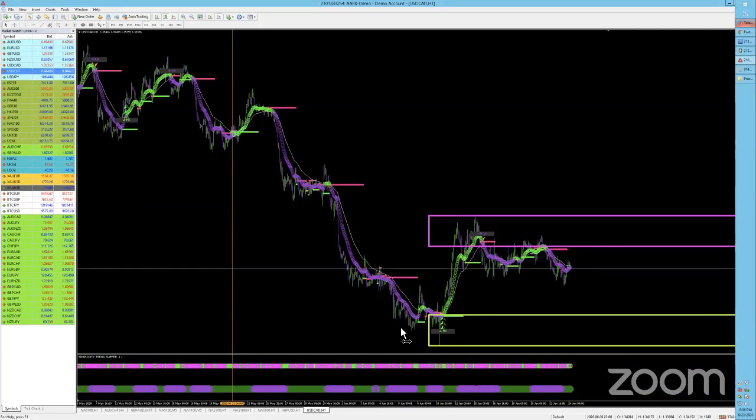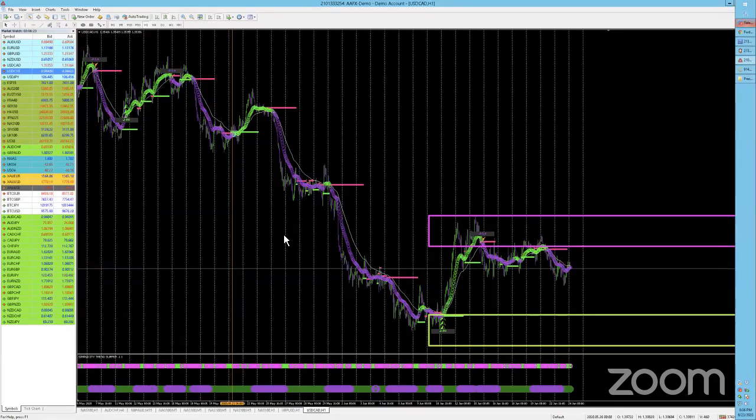The only conflict I have with it is that if I hit Control Y, and I'll zoom, I'm going to keep it kind of ugly on purpose. Look how many signals you actually get. So this is May, this is the end of June. So this is 1, 2, you had this right here, which repainted. So that's 3, 4, 5, 6 signals in 6 weeks. So you don't get as many signals.